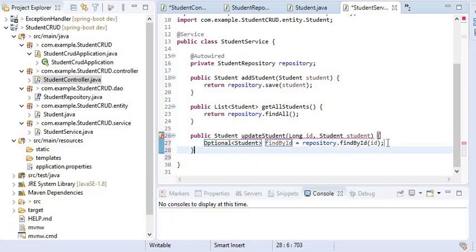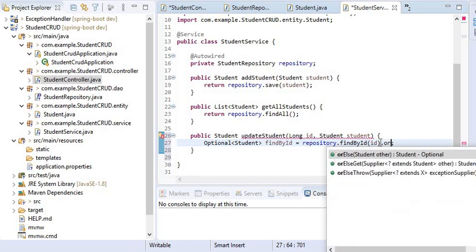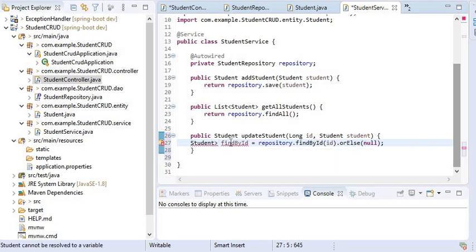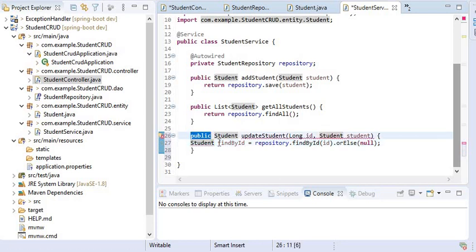So here I will write if it is not null, or I can type here orElse. If not found, we can throw an exception, or we can also return a null value. Here I am just returning null if not found, because here I have not created any custom exception.